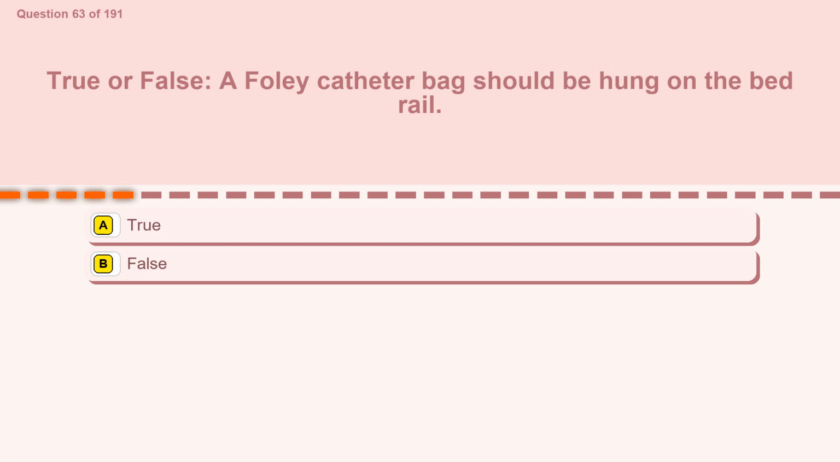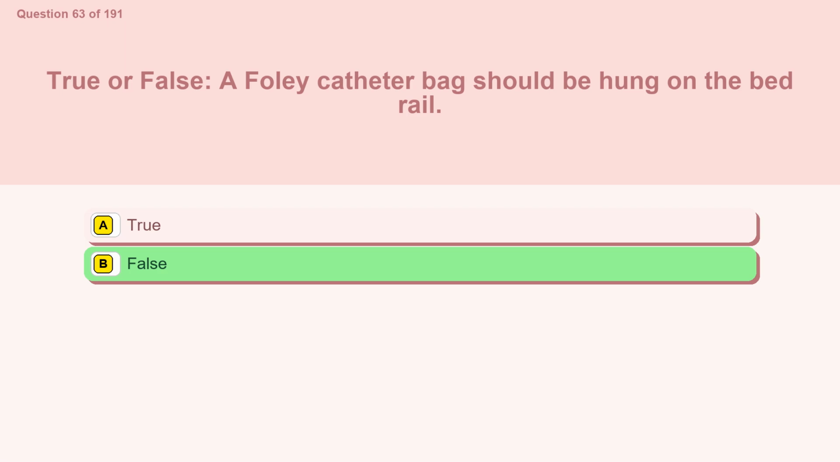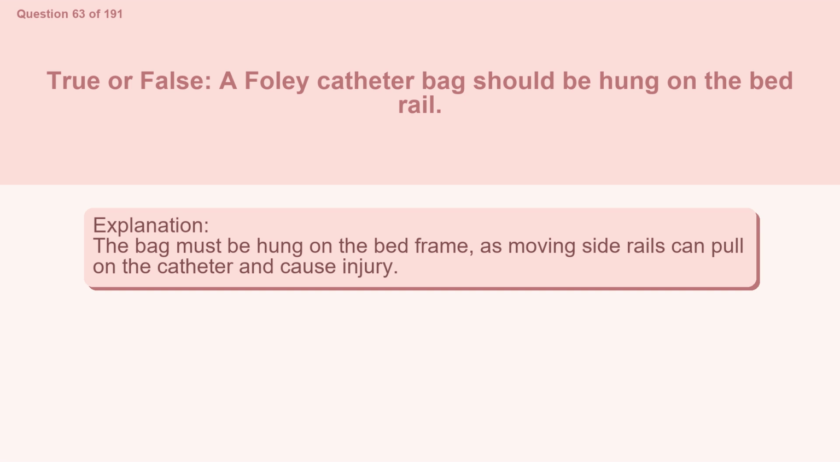Question 63. True or false, a Foley catheter bag should be hung on the bed rail? Option A, true. Option B, false. The correct answer is option B, false. The bag must be hung on the bed frame, as moving side rails can pull on the catheter and cause